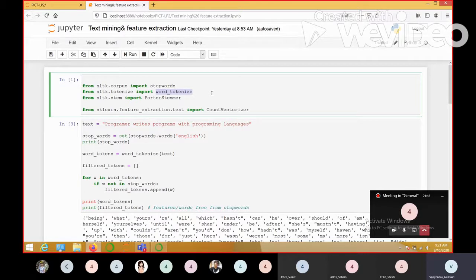Since we are adding it to a list or an array, definitely each word will have its own index value, which is easier for us to deal with, and allows us to deal with every word at a time. Whatever operations we want to perform, we can perform with that particular word. So converting a text into tokens is called tokenization.